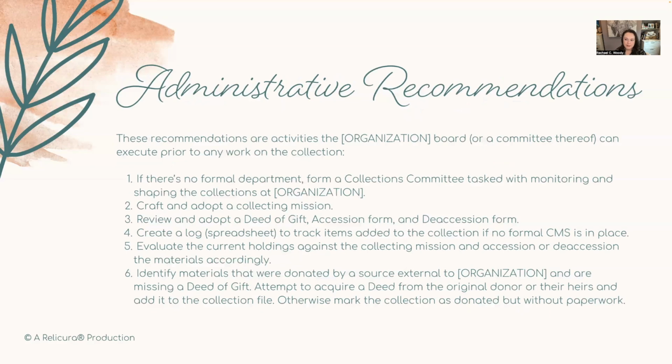So, administrative recommendations. This is an area where we typically provide specific recommendations to a museum or archives for helping with the administration of the collection. We're sharing these here in case it is helpful for you to think about as you're going through your collection plan creation. First of which, if there's no formal department, we recommend forming